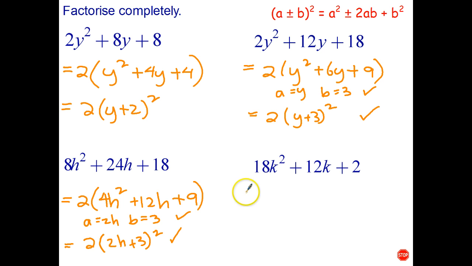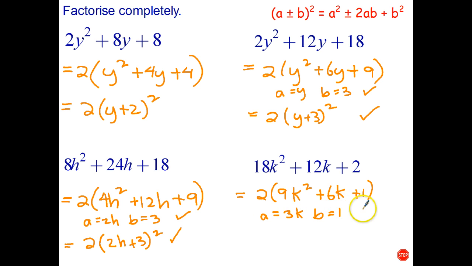And the last one. The common factor has to be 2, leaving 9k squared plus 6k plus 1. Again, let's see if this is a perfect square. So if a squared is 9k squared, a is equal to 3k, b is equal to 1, since b squared equals 1, and 2ab, 2 times 3k is 6k, times 1 is 6k. So yes, it is a perfect square, and that factorizes to be 2 times